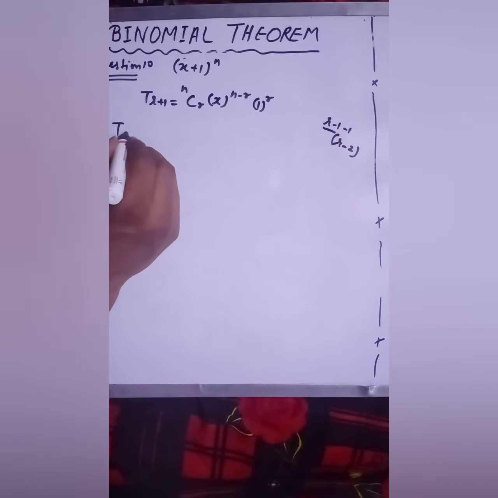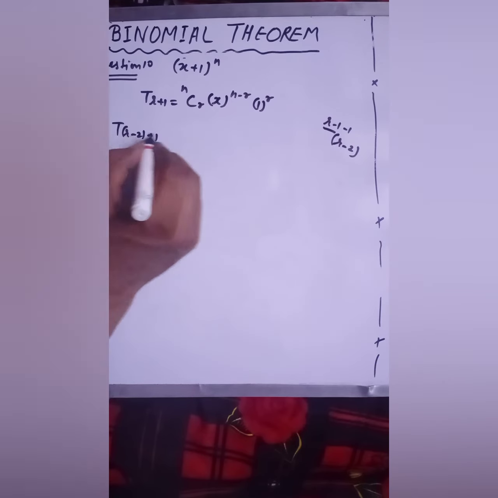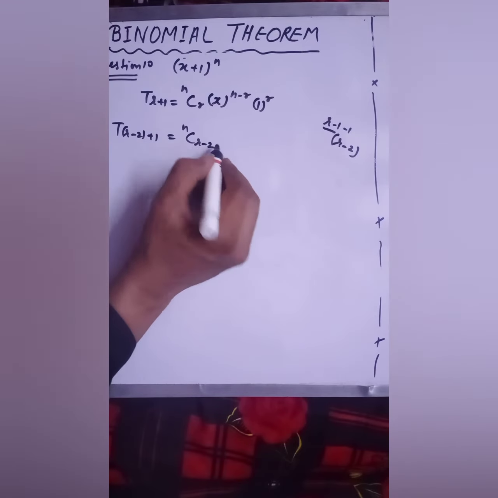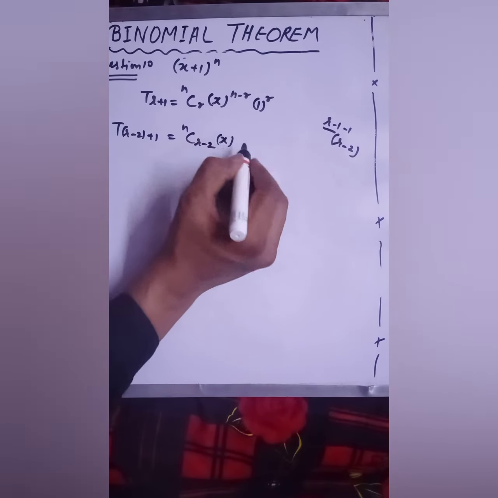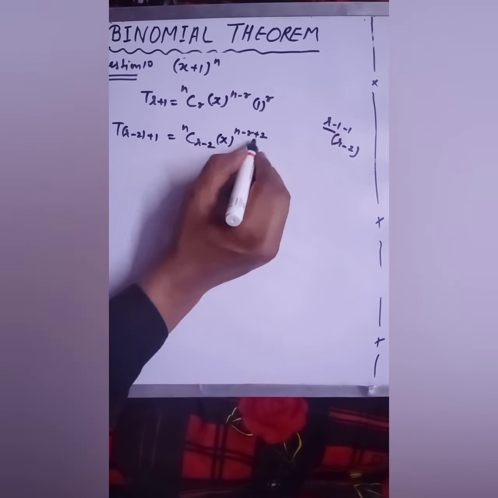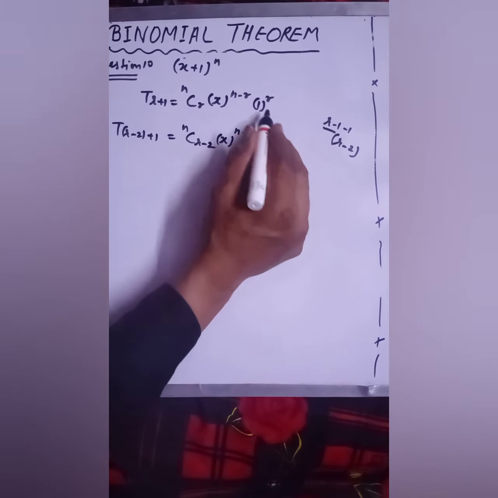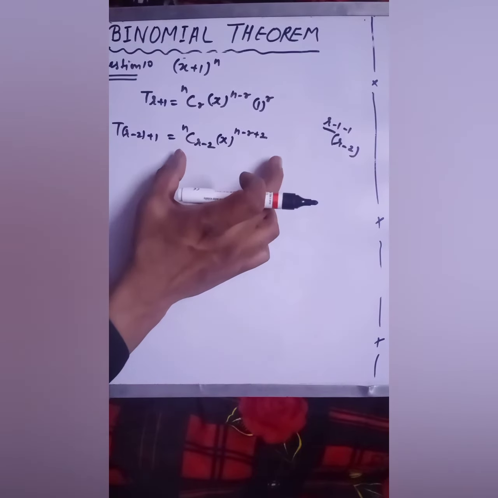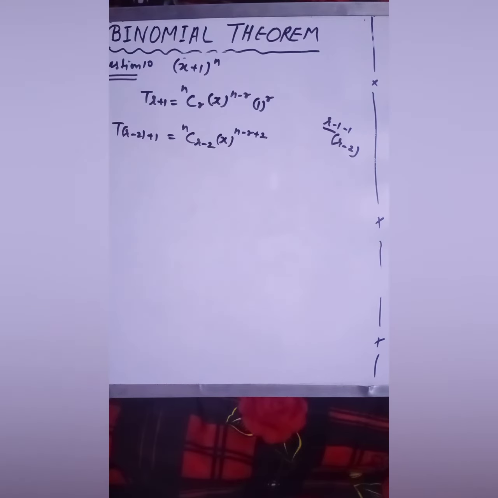सो T(r-2+1). तो जहाँ पे आपका r आ रहा है वहाँ पे वैल्यू डाल दो, nC(r-2) x raised to n minus r. दिस वुड बी प्लस 2, बिकॉज r माइनस 2 आएगा तो बाहर नेगेटिव है तो ये प्लस हो जाएगा. 1 लिखने की कोई रिक्वायरमेंट नहीं है, क्योंकि 1 की पावर कुछ भी हो तो 1 ही होता है. सो दिस इज योर जनरल एक्सप्रेशन. ओके, आफ्टर दैट आगे बढ़ते हैं.